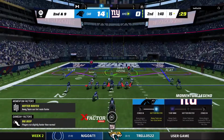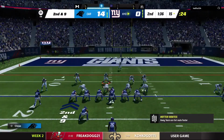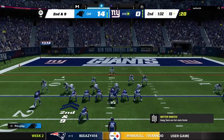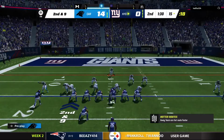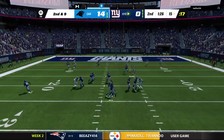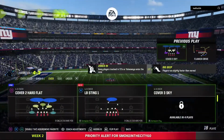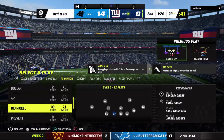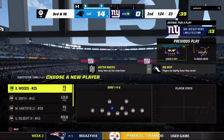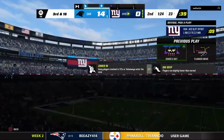The run only got a yard. Here's 2nd and 9. They'll set up a throw. He's going to be sacked back at the 23-yard line. The Panthers going to use the second of their timeouts as they'll head to the sideline and talk over what to do next. They just gave up a sack there, and if I'm not mistaken, they gave up 4 last